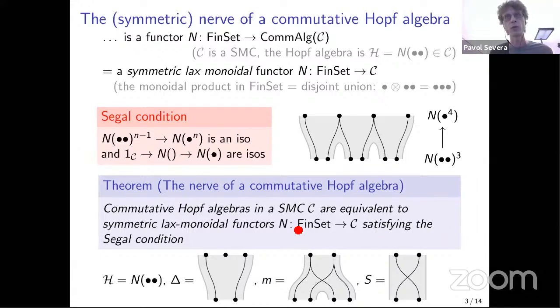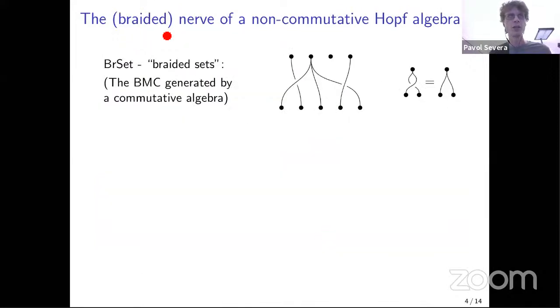The only thing that we need to change is this simplex category. So the category of simplices, instead of finite sets, we will have some kind of braided version. So let me show you. Here it is. This is this BR set. Now it has the same objects, but morphisms are these kind of braids which go somehow non-bijectively upward. So when they arrive there, they can join each other, and they don't have to arrive at every point. We have this kind of relation, so we don't care about how they are braided when they somehow meet together.